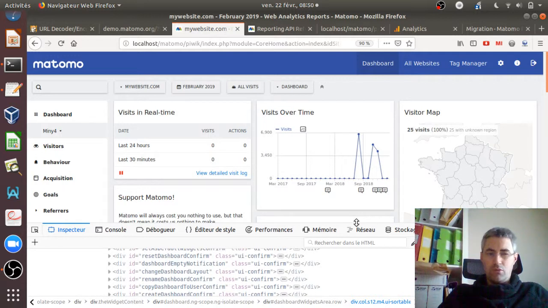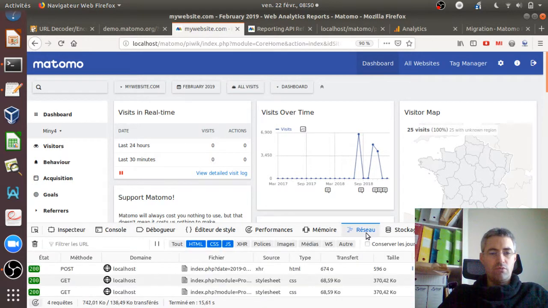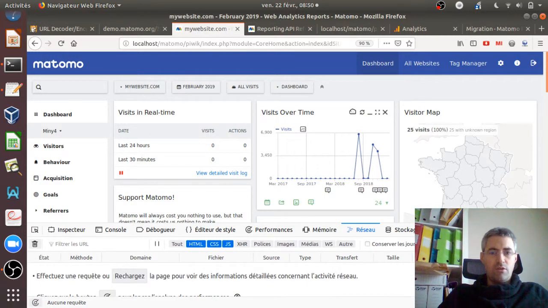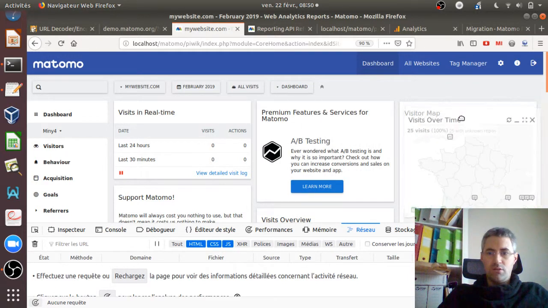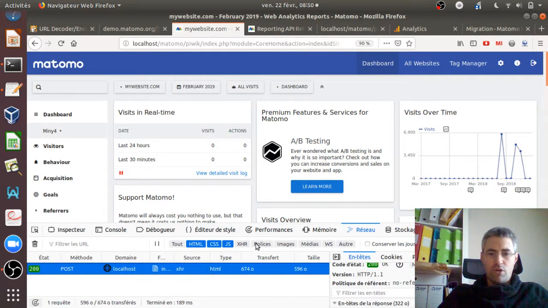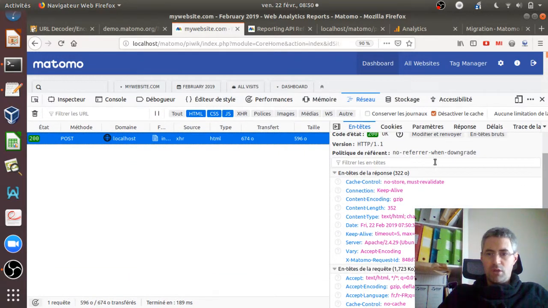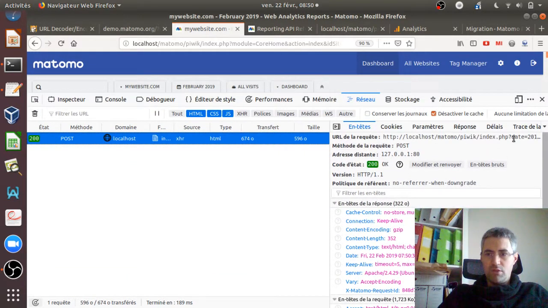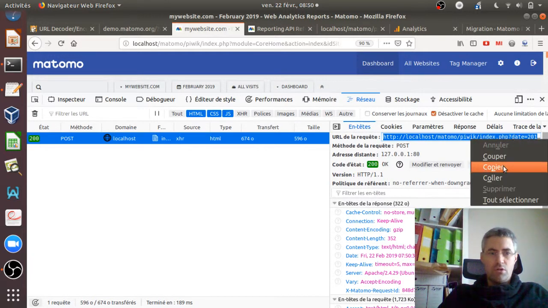Okay, so if you would like to get a sense of how creating dashboards through the API works, what you can do is open your JavaScript console over here, click on network, and I'm just going to clean that up. So now I'm cleaning it, and look, if you move this given widget to the right like this, you will see that some requests were just performed. And if you look at those requests, if we look over here and copy it, and